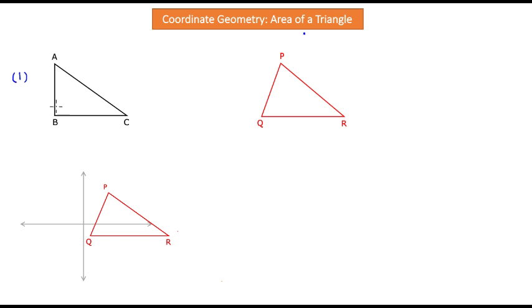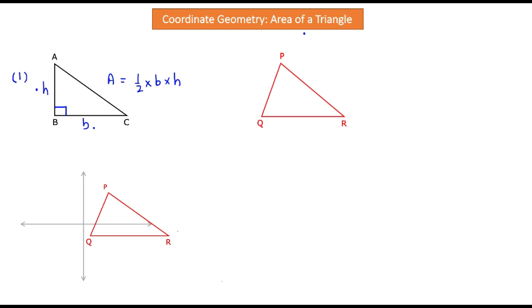Take a look at this diagram ABC, our triangle number 1. Let's say this is a right angle triangle and we have been provided with these two dimensions: one which is the height and the second which is the base. The area calculation is extremely simple: 1/2 times base times the height. Now this formula can apply on any triangle in general as long as we know the value of the height and the